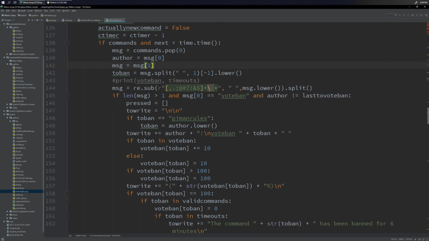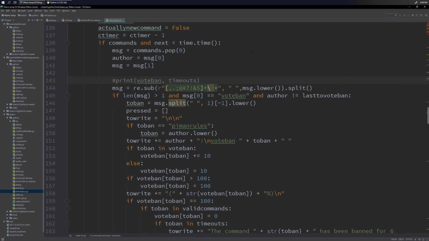I should maybe add a comment. Because also, most of the time, we just throw away this variable, right? If it's not a vote ban, we just ignore this. So there should probably be some sort of comment here explaining that. Or it should be inside this vote ban if, right? Yeah, that would probably make more sense, to just drag this whole thing down here. That might break something, I don't know.